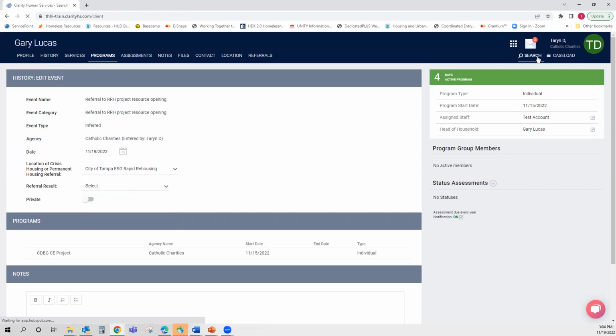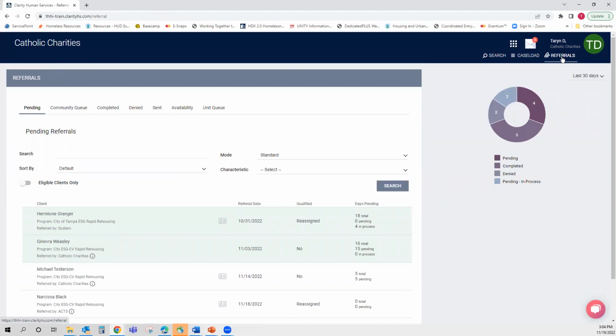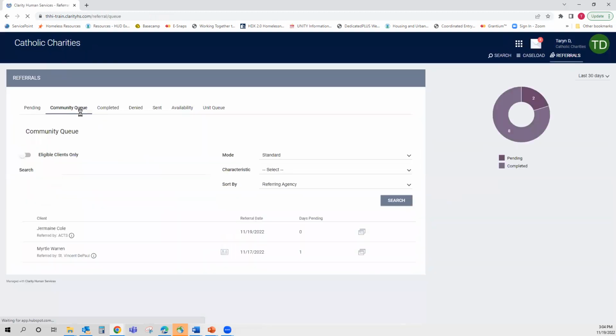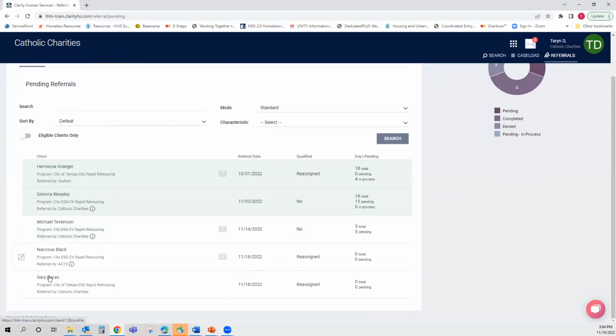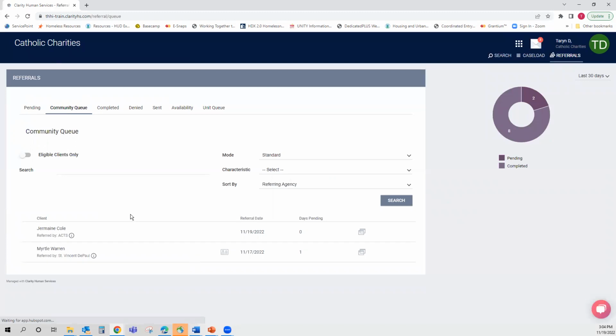I'm going to go back to the home screen and the referrals page, because remember, we were doing dual tabs. As the agency manager, I went to the community queue and I referred, let me go to the pending, so I'll remember his name. I apologize. Gary. I just referred Gary to our City of Tampa ESG. So he's no longer on the community queue, as you can see. He's now pending in